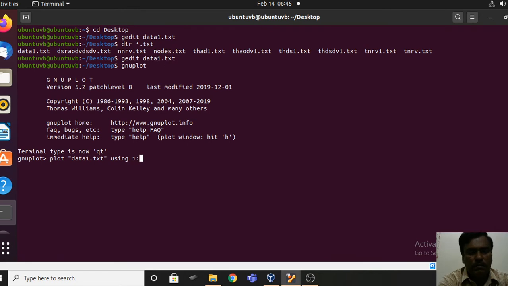Using 1 and 2 columns. You know that the first column represents number of nodes and the second column represents throughput. So if you want to plot the graph using the first two columns, that is nodes versus throughput, then you can give the command like this, using 1:2 with